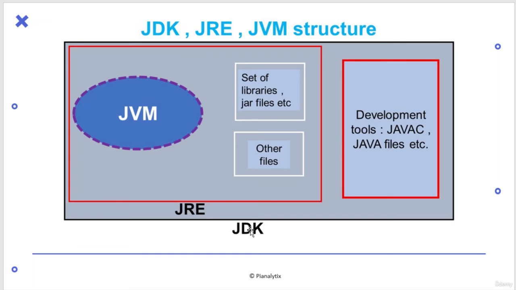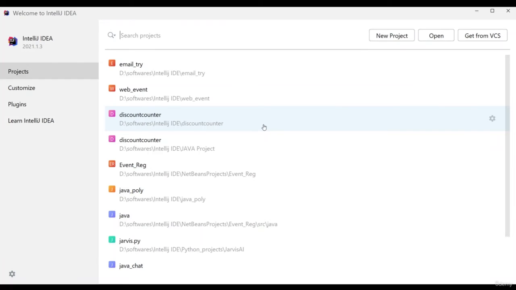Now we will see how we can set up our environment and project for our application, the email administration application. Once you install our IDE, IntelliJ IDEA, you can see this welcome screen. I already installed it on my system. Before that, you should set some configuration like font and text. Once this is done, you can see this screen. Here I am going to create a new project. It will take some time to create the new project.